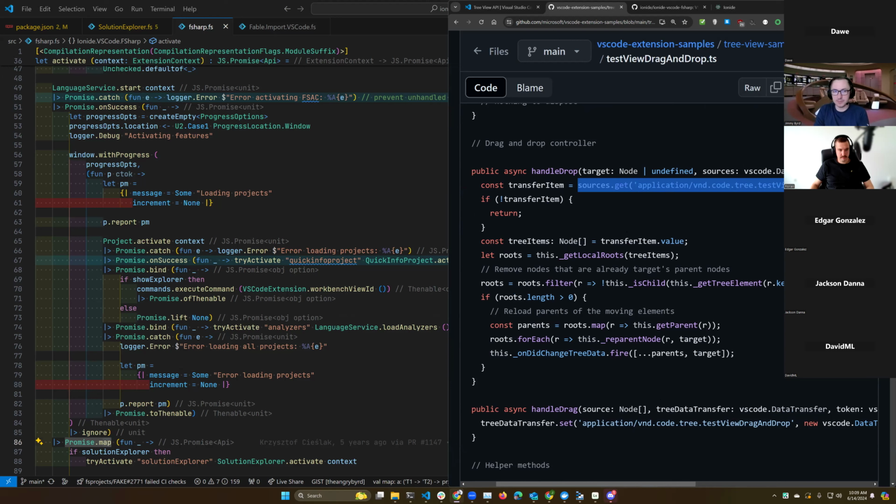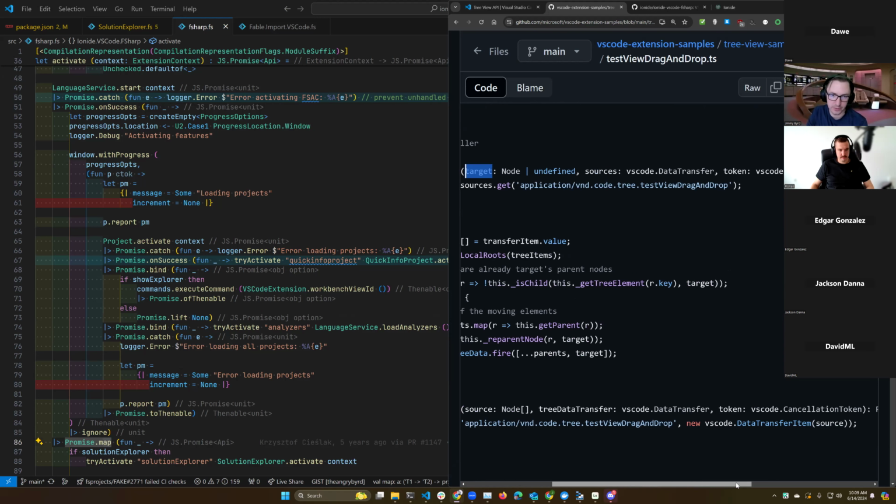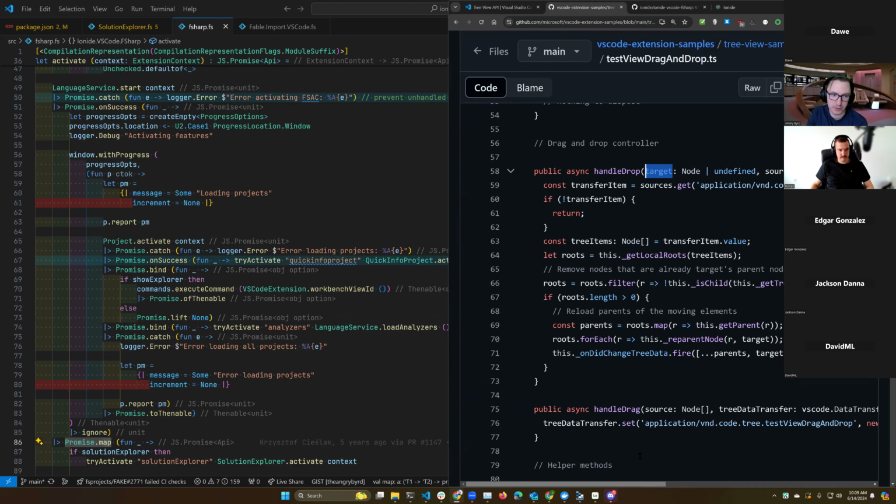It's basically just, here's where you're dragging these things to. And would node in this context be like another element within the UI? Yeah. So if you drag it over something, it knows either to place it above it or below it, and that's the node. That's where I don't know what target is supposed to be. I don't know if it's the item above or the item below. I don't have a good sense about that just yet.